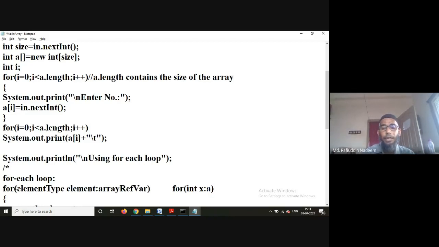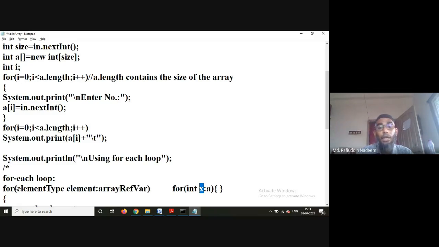Then you will write the body of this loop. Body of this for each loop means first time in x, a of 0 is taken, and for the next iteration a of 1 is taken, for the next iteration a of 2, then a of 3, then a of 4.